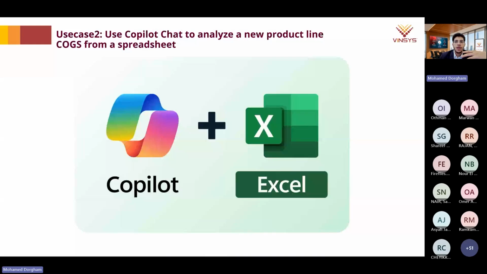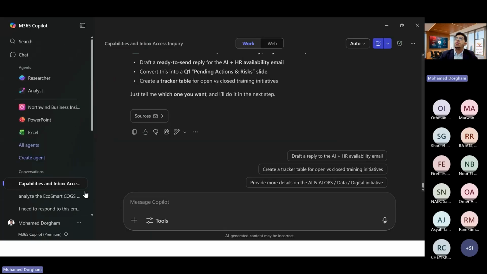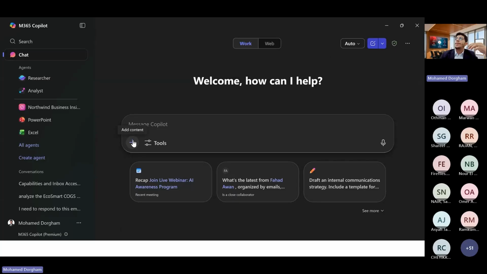For that, let me go ahead and use it here. I will use Copilot again. I might keep working in the same conversation, or I might create another conversation, and I will upload the following document.